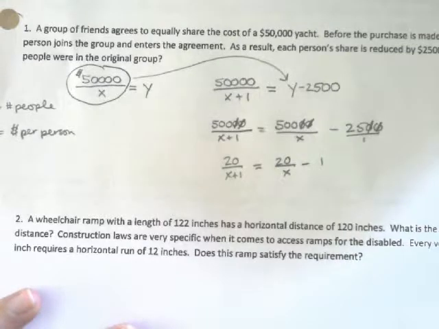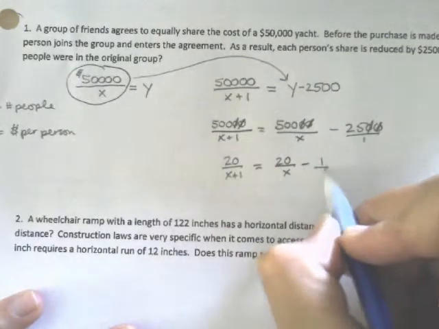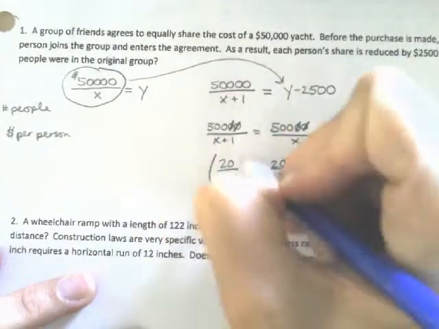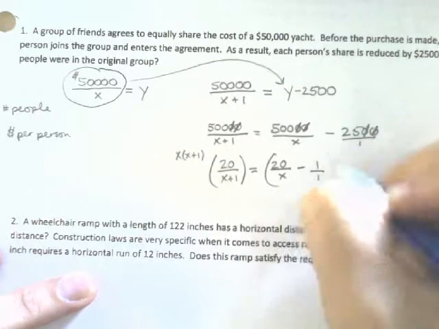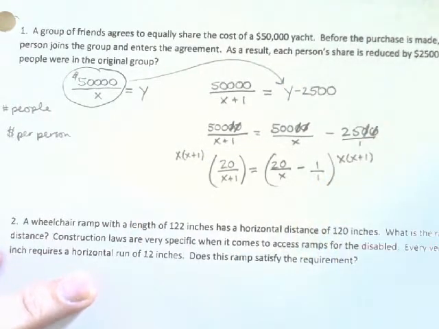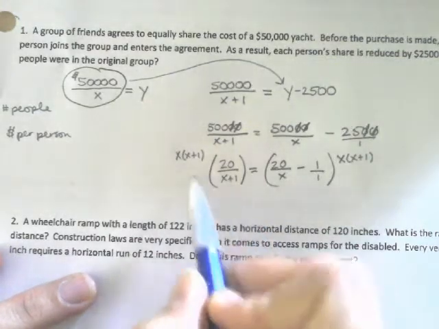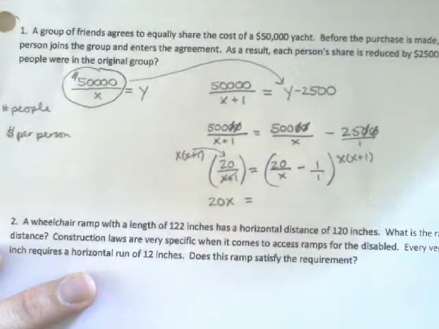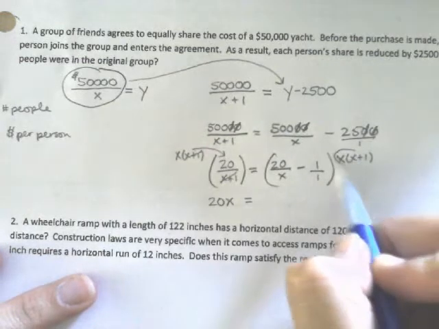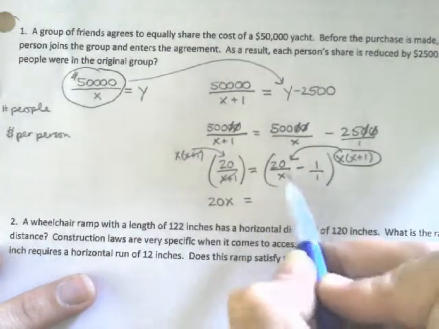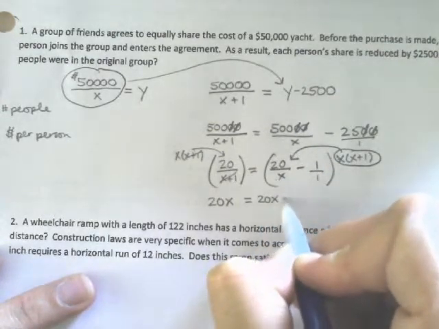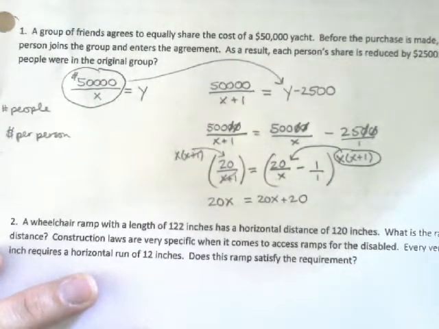And then this rational equation is much easier to solve. So I'm just going to continue with the clearing fractions method. The least common denominator would be X plus 1, so both sides are going to get multiplied by X plus 1. On the left-hand side, the X plus 1s are going to cancel, and I just have 20X. On the right-hand side, when I distribute, my X's are going to cancel, and I'm going to have 20 times X plus 1, which we can distribute to 20X plus 20 right away if we want,